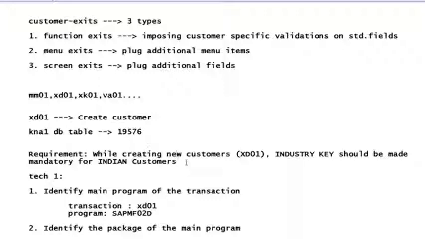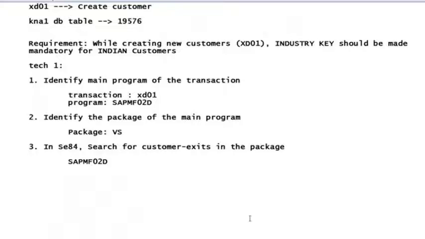So I'm searching for what? Customer exit. In that customer exit, I need to look for what? Function exit, because I need to impose additional validation. Okay, I got the customer exit, but I don't know whether this customer exit is suitable for my